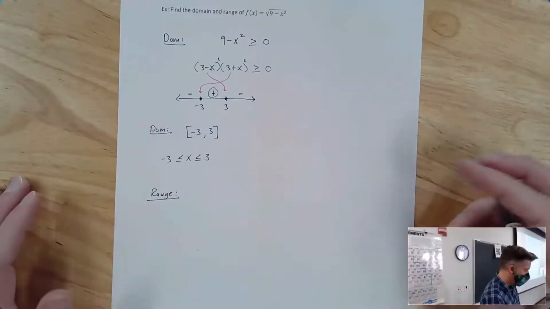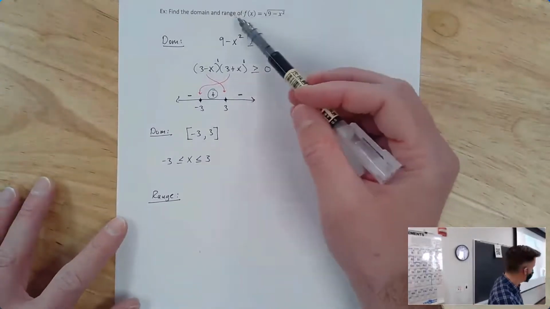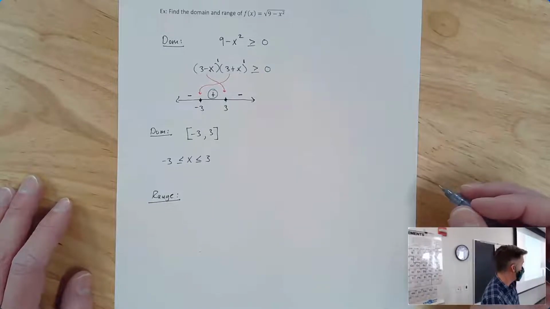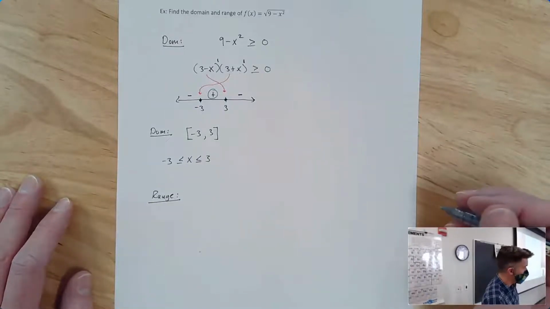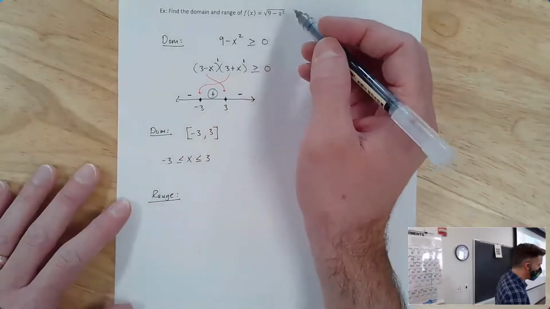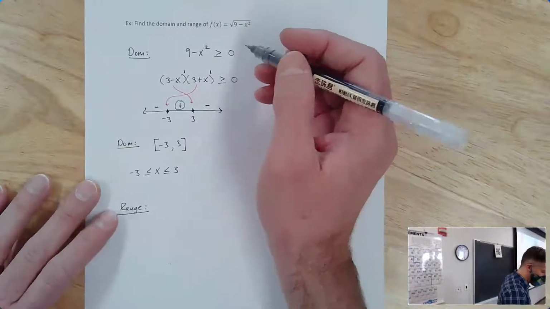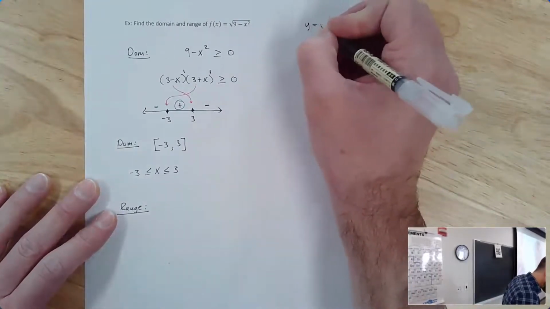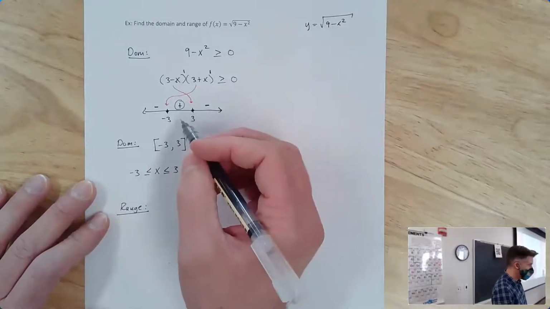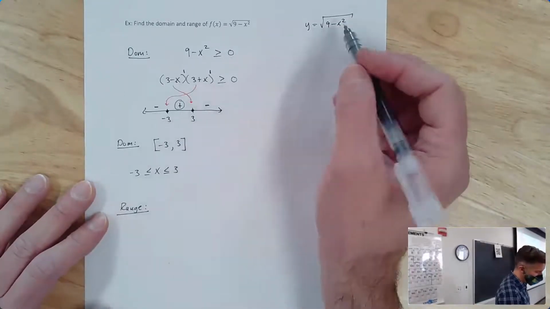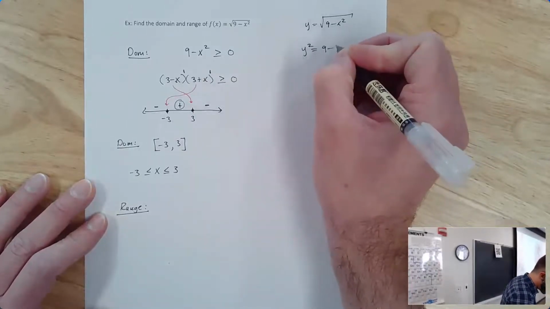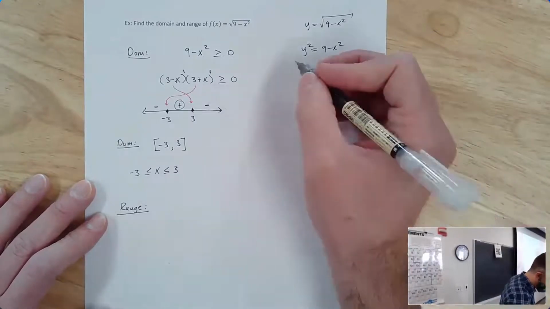so the problem with this example is that that function is not particularly easy to invert. Like, it's actually not invertible. Let's look at the graph of this for a second. So you guys might know the graph of this, although it might have been a while. If I was going to graph y equal to the square root of 9 minus x squared, well, we know what our domain is from -3 to 3. You could probably just kind of see it, but I want to show you a little bit more. If I square both sides and then add x squared to the left,